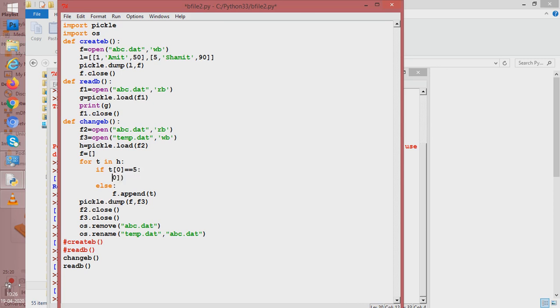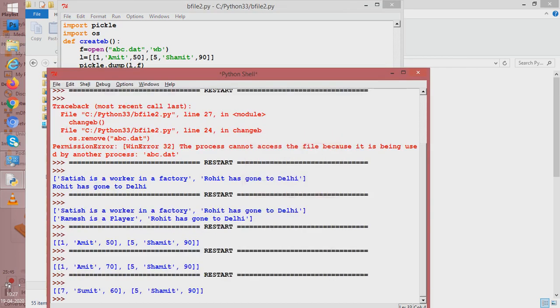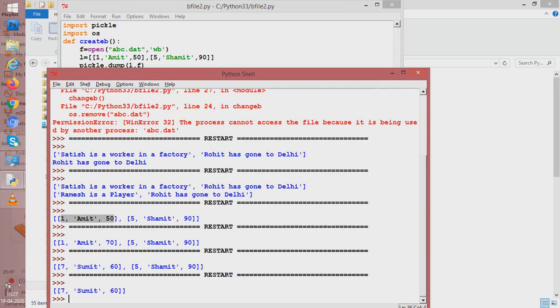Don't write anything into F. So for roll number 5, nothing is going to be appended in F, but all other records are going to be appended in F. So we ignore roll number 5 and keep all other things in F. Does it work or not? Let us see. Yes, it works. Now it has only 7 Sumit 60 and the record of 5 Shamit 90 has been removed.